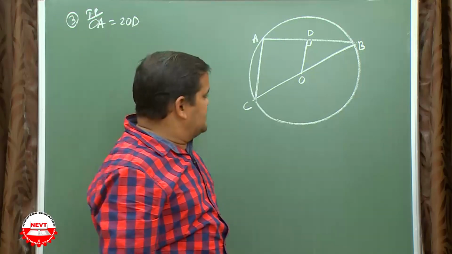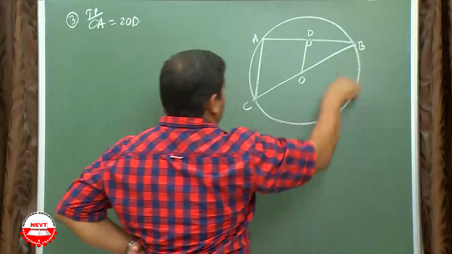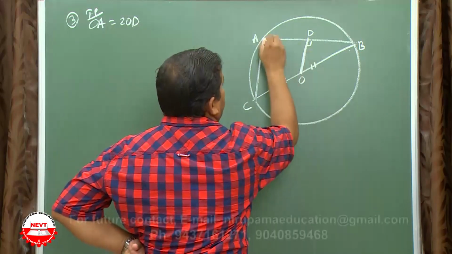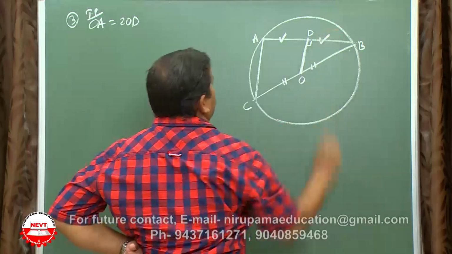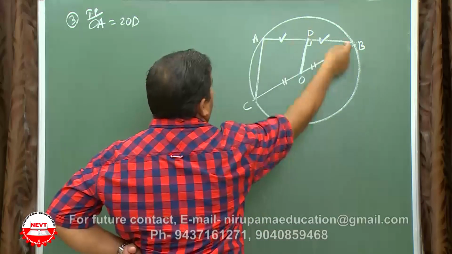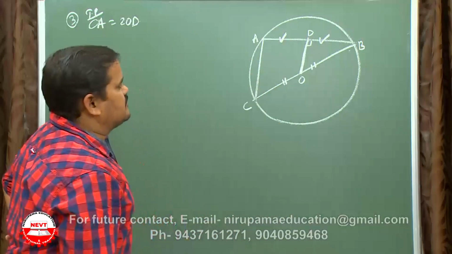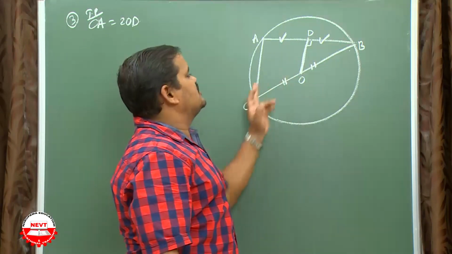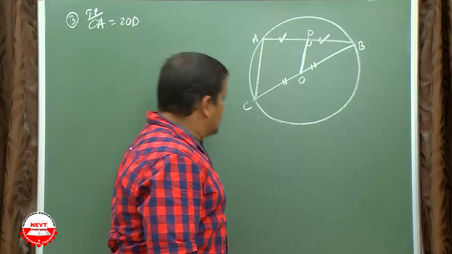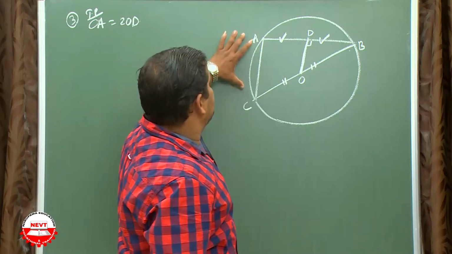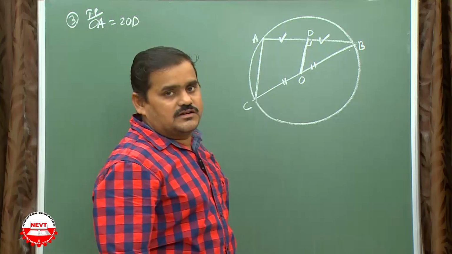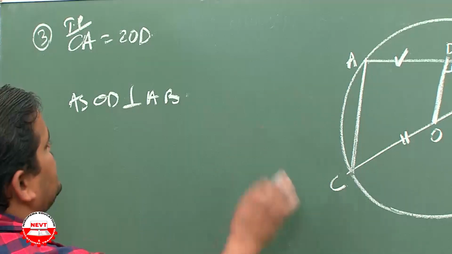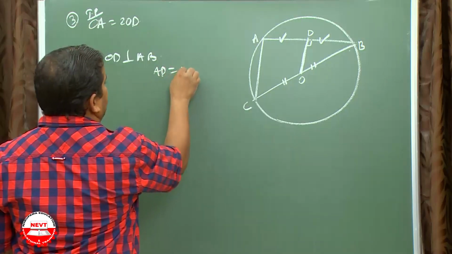And the proof is very easy. Just see, as in this circle BC is the diameter, means this equals to this, and this is perpendicular to AB, means this equals to this. That means perpendicular drawn from center to any chord bisects the chord. Okay? So here D is the midpoint of AB, O is the midpoint of BC. Therefore, according to midpoint theorem, CA is equal to 2OD.